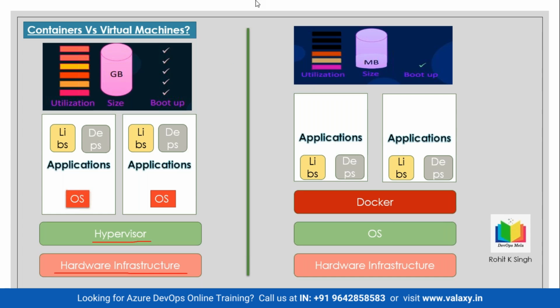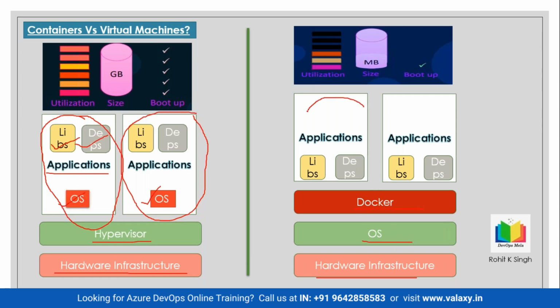and giving you the VMs. So if you see, this is my one VM wherein it has its own OS. You have the application deployed. It has its own libraries and dependencies. And then this is the other VM wherein it has its own OS. Now on the right hand side, this is a Docker machine. You have your hard drive, on the hard drive you have your OS installed, then on top of the OS you have Docker installed, and this is how you will be containerizing your